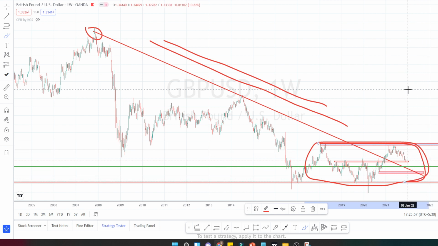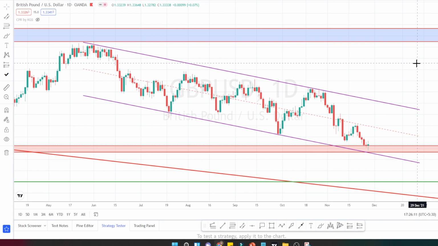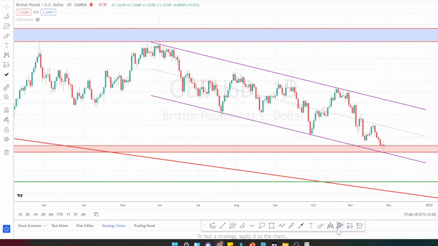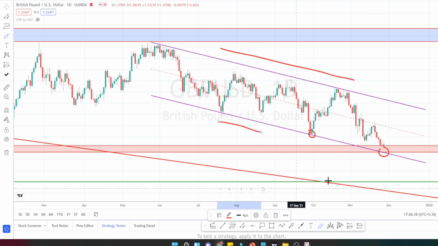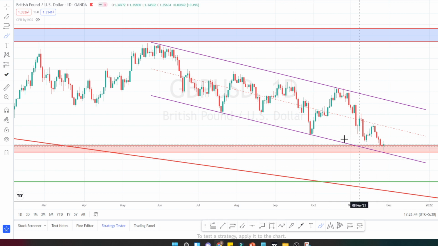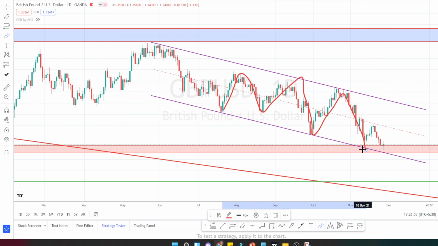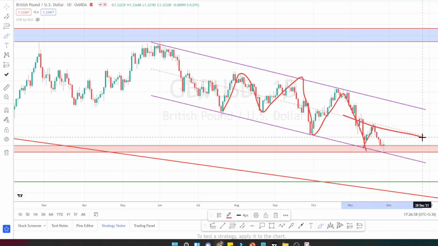Let us do the analysis in daily time frame. So I am in daily time frame now, and when we look at the price action, it is easier to understand. It has made lower low, and currently it is trying to make one more lower low. It is trying to test this support level. I have also drawn the channel pattern. So from the channel pattern, we understand that current price action is on a downtrend. Within this channel pattern also, previously it was making high and retracing, but presently we can notice that it has not managed to break this midline of this channel pattern also.